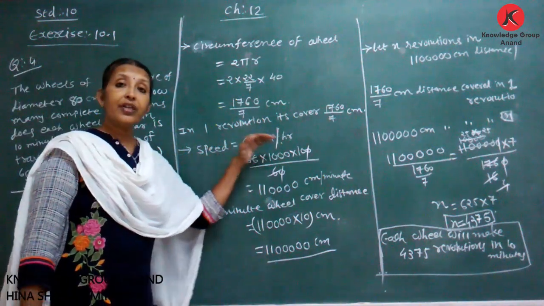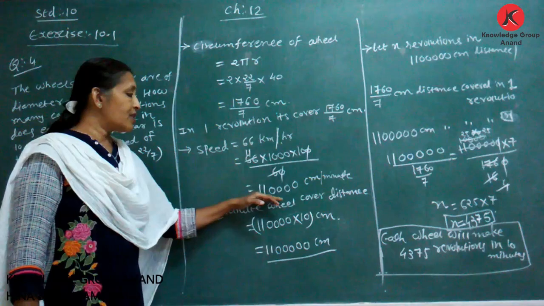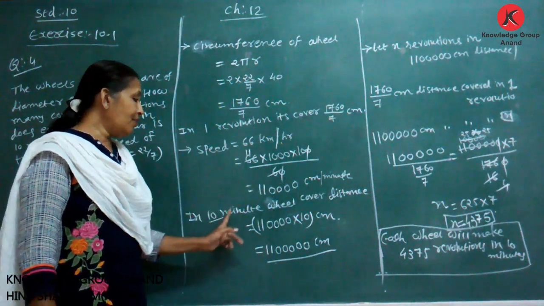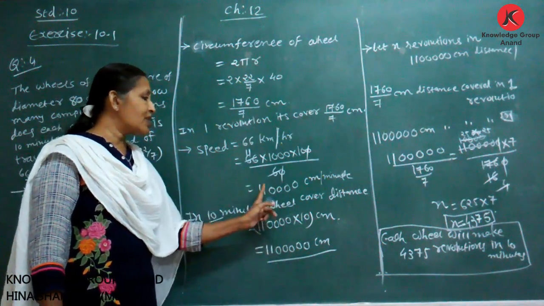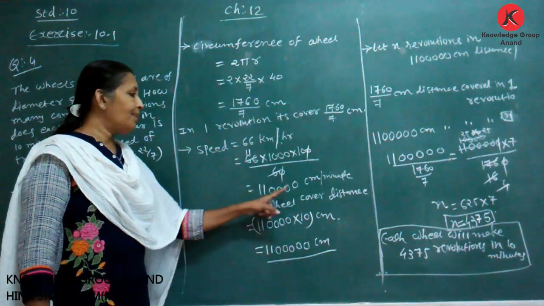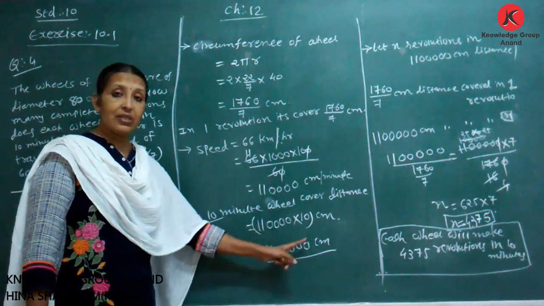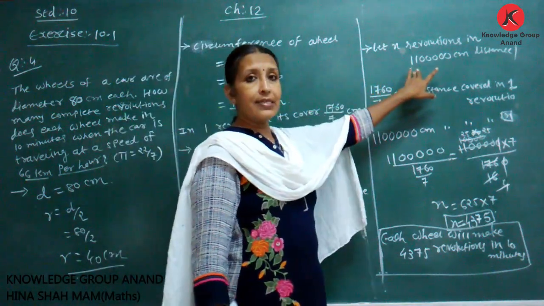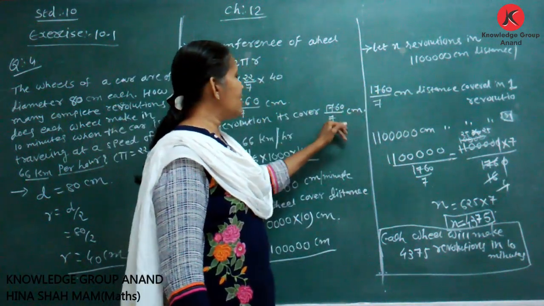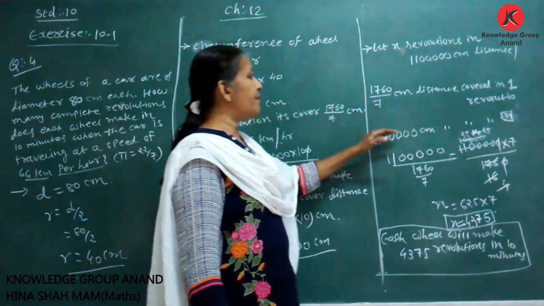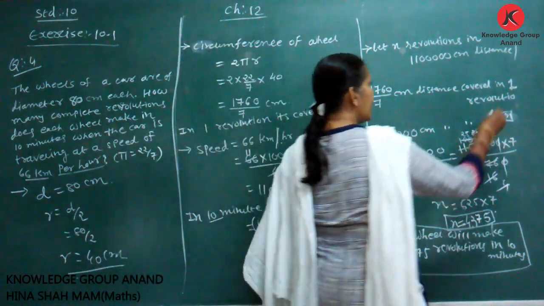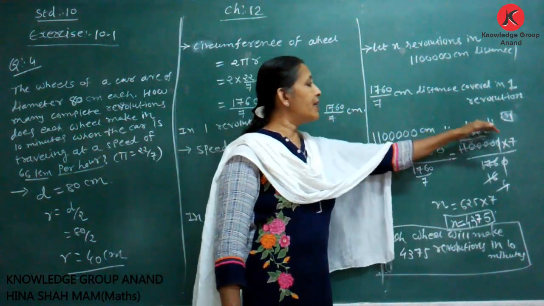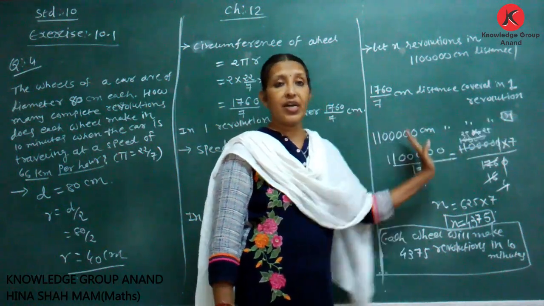Then we convert into centimeter per minute, which is 11000 centimeter per minute. In 10 minutes, we will cover distance multiplied by 10, it is equal to this many centimeters. Let n be the revolutions in this distance. 1760 upon 7 centimeter distance is covered in one revolution. Therefore, this distance is covered in how many revolutions, n? N is equal to